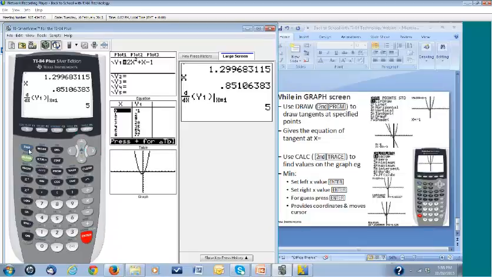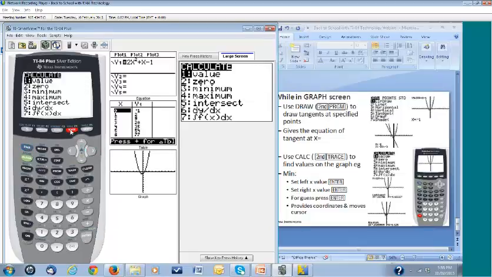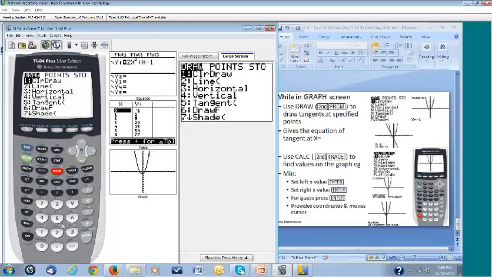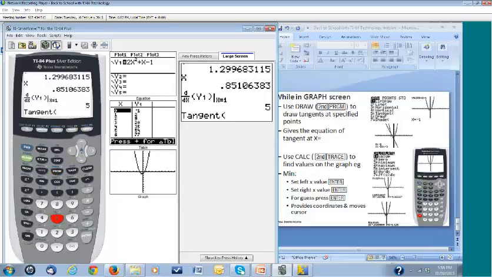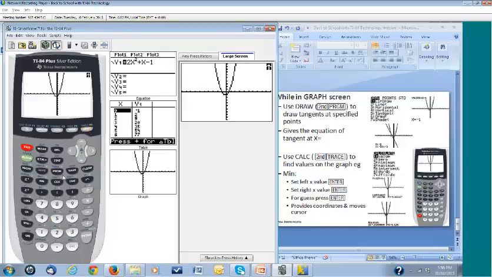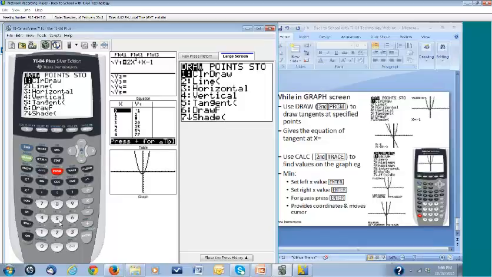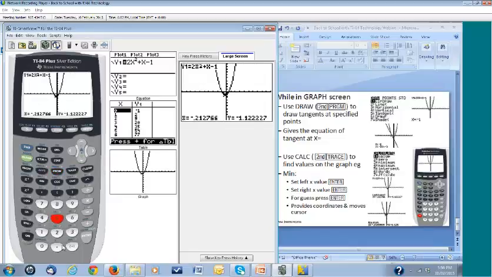If I was to go back to my calc menu, my draw menu, choose number 5, tangent. Apologies here. I'm going to go back to my graph. Now go into my draw menu. Choose number 5. What I want is at x equals 1. And when I press enter, it's giving me my gradient there of 5, which is what my derivative gave me back on my calculator screen,